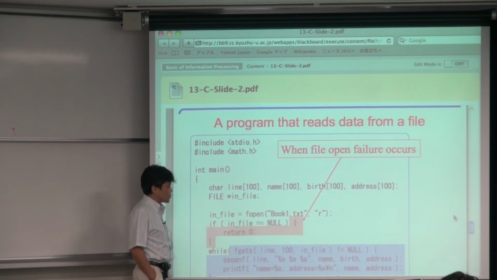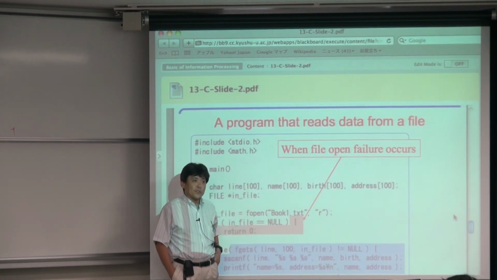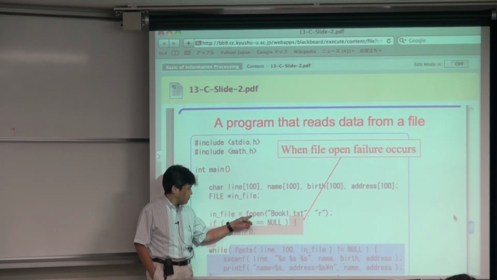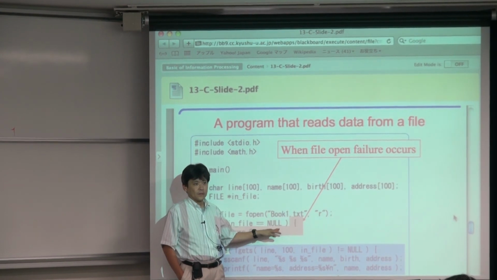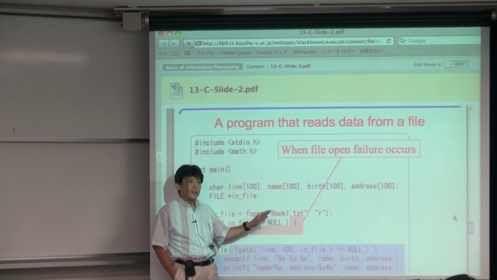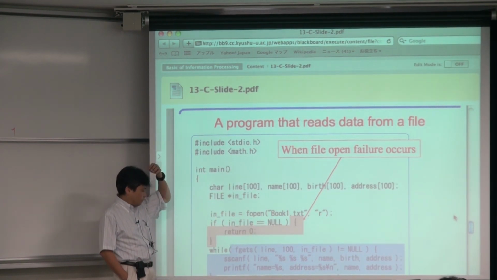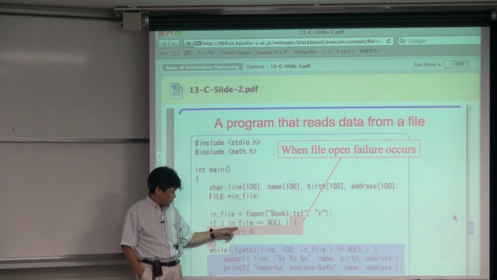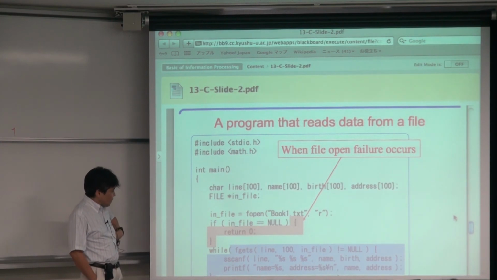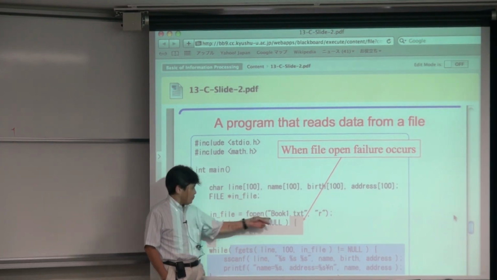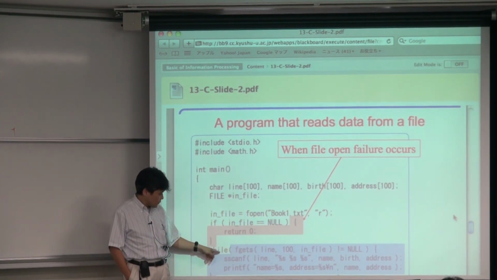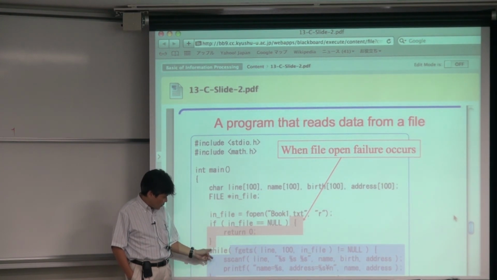And if such a file does not exist or it is impossible to open such a file, then this function returns NULL. This means an error occurs. So in such cases, this program just returns. Otherwise, this file is safely opened. So using a while statement,